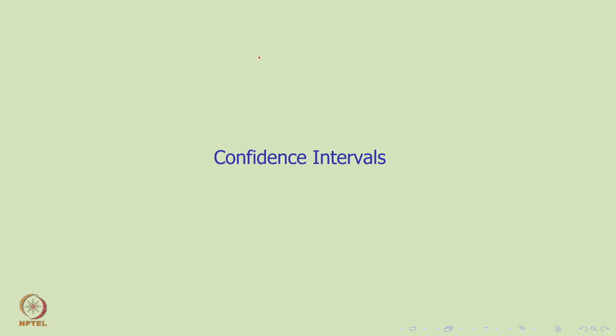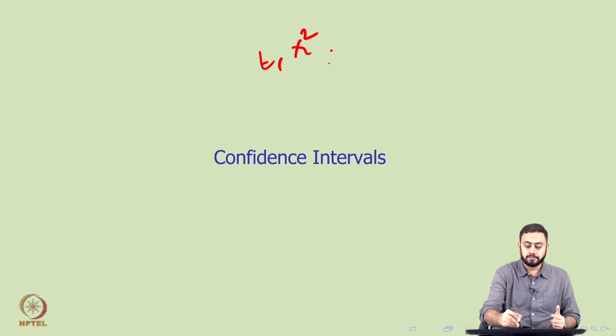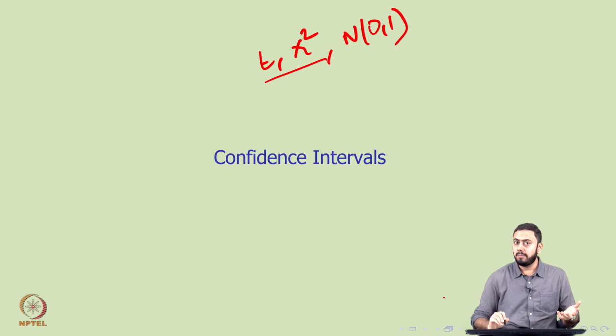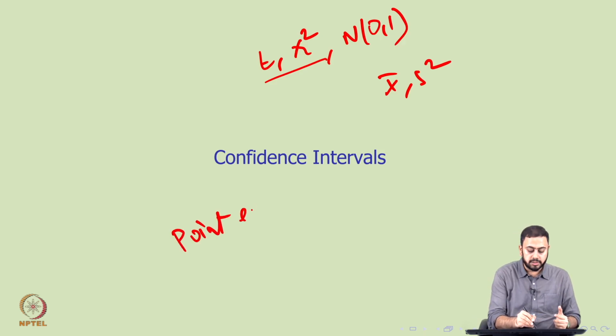So again, in the last session we sort of rushed through the idea of estimation. We started with sampling distributions, where we talked about the t distribution, and even before that the chi-square distributions, and we put forward how you derive these distributions from a normal distribution, be it a standard normal distribution or a general normal distribution. These are called sampling distributions, because these are distributions of certain sampling quantities, be it x bar, be it s square, etc. And then towards the later half of the last session we talked about estimation more from a point estimation point of view.